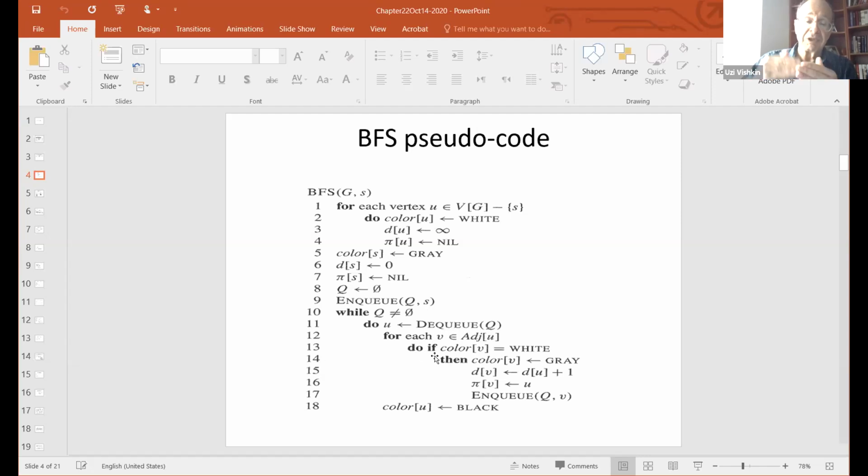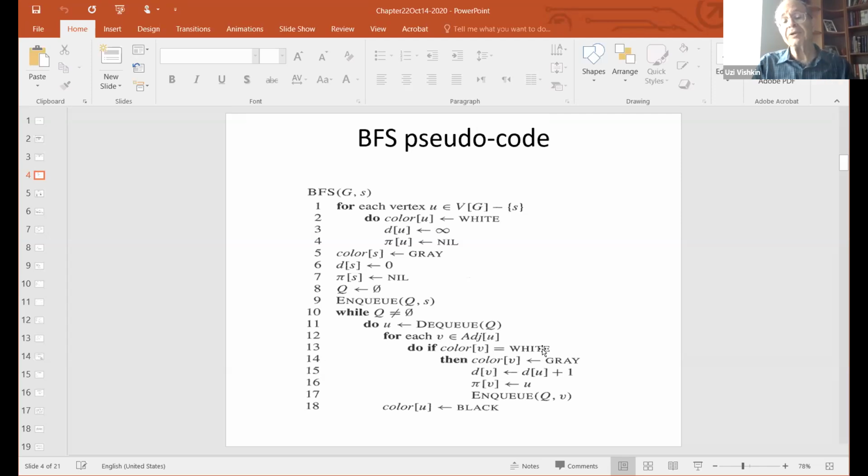So we go through the linked list of all the vertices adjacent to the vertex that we examine now, meaning U. So we go over all the vertices in the adjacency list of U. And as we pick them one after the other, we look at the next one and we ask, what is your color? If the color is white,